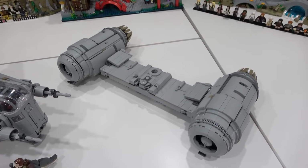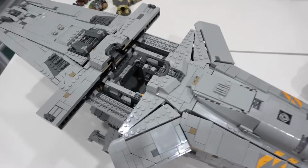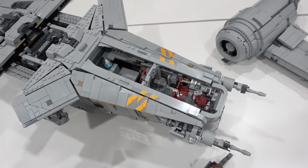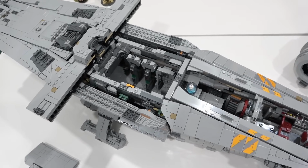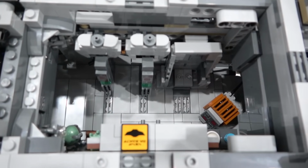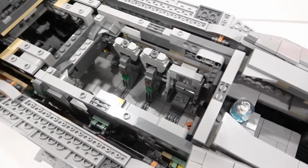The engines or thrusters can actually be removed from the ship, and they are just so detailed. And when you remove those, of course, you can see inside the ship as well. And you can actually remove a few other things, such as the front window glass here. That's all one component. And then you can also remove that there. And I think this piece will come off as well. Indeed. And then you can see all of the interior details, such as the carbonite freezing chamber, some pieces of carbonite, some bounties that the Mandalorian captured,